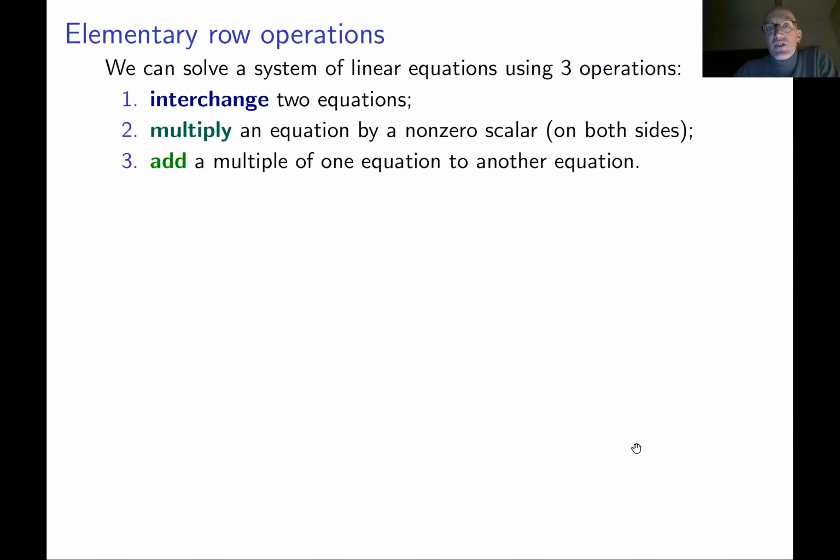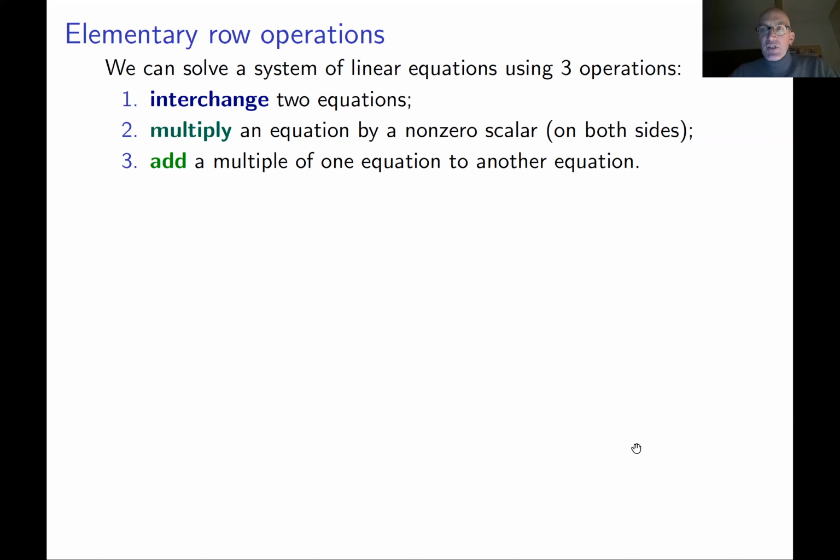So we interchanged two equations. We swapped two equations. We found that one equation looks better than another, and we put it, for example, from the second place to the first place. It was our choice. Then we multiplied some equation by a non-zero scalar, a non-zero number, of course on both sides. And then we took one equation and added to it another equation. Basically, these are the only operations we did in these two examples in the beginning of this part of the lecture. We can say these are elementary operations with equations.